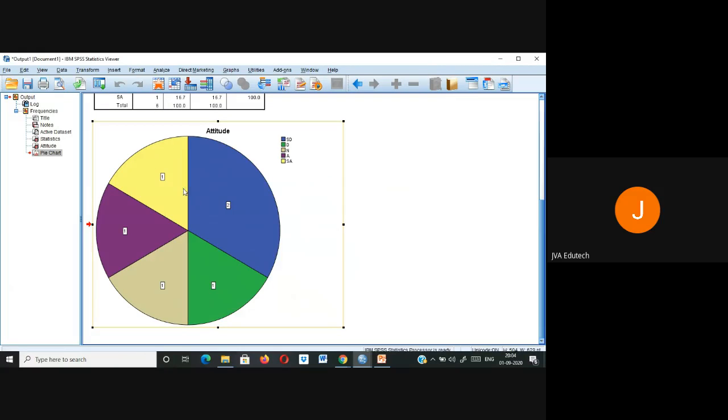Now it's able to tell you that out of the six people, one had a strongly agree opinion, two had a strongly disagree opinion, one had a disagree opinion, one had a neutral opinion, and one had an agree opinion. Suppose I do not code it,